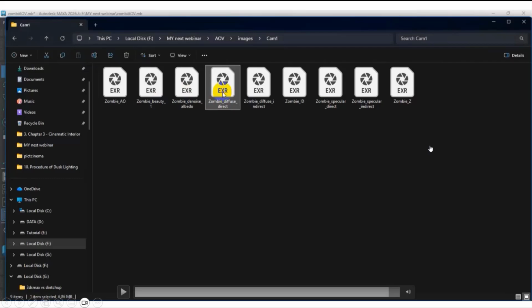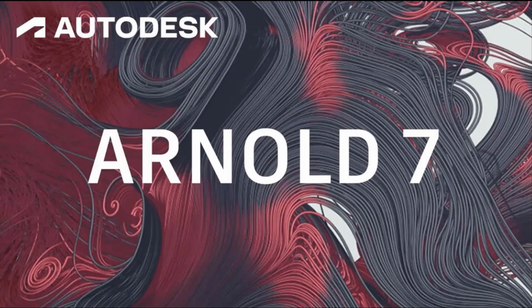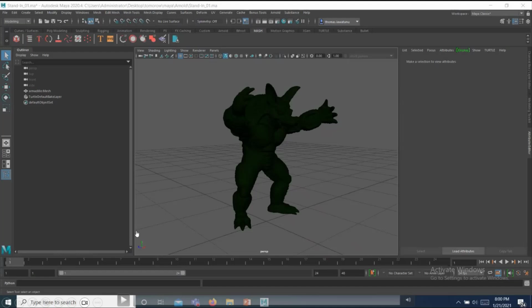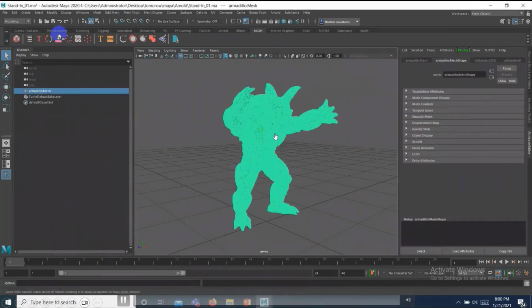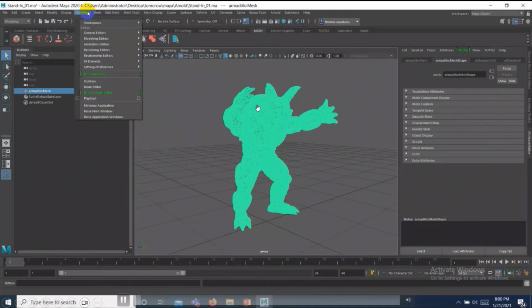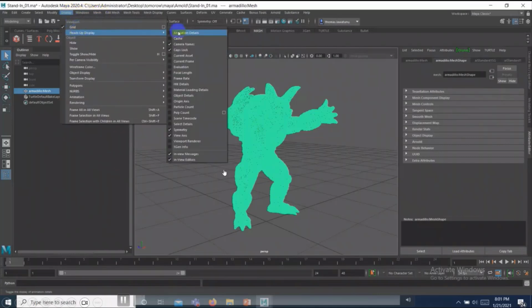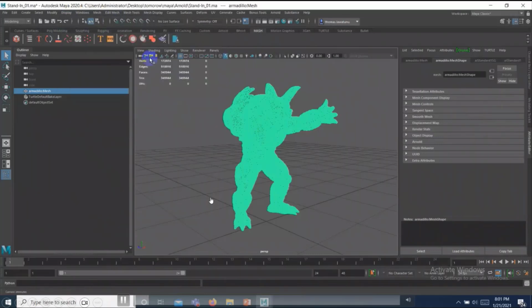Okay. So when we talk about Arnold right now, I think I am still on Arnold 7.4 or 4.5, something. What's new? This is an example of how Arnold can handle a huge amount of polygon files. Sometimes when you have too much polygon, a high poly count, it's a bit difficult. See, this is the poly count, the number. Can you imagine if you have a lot of things?